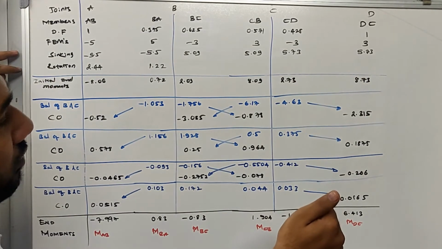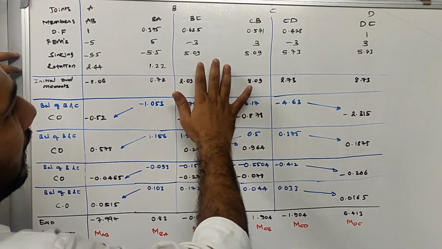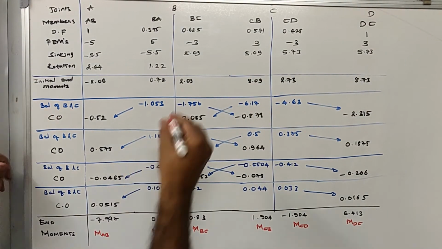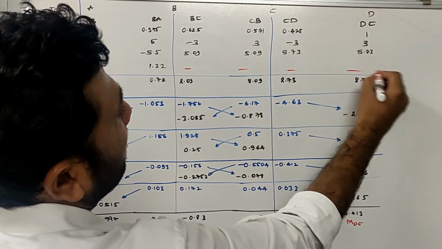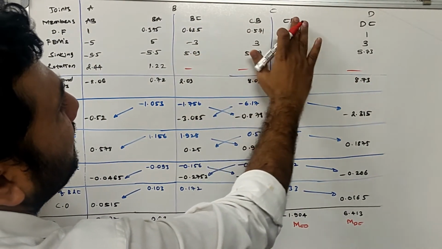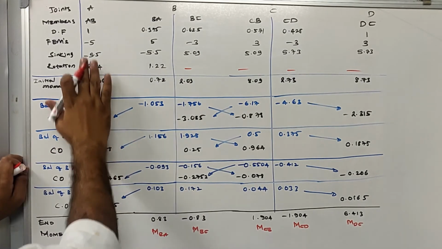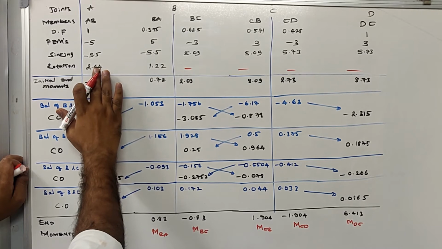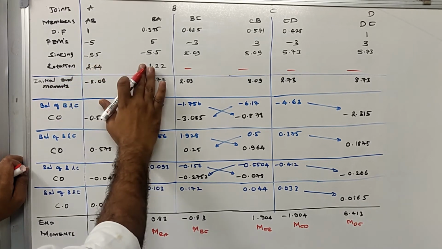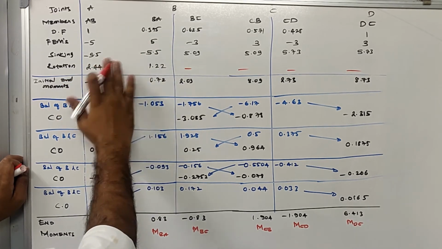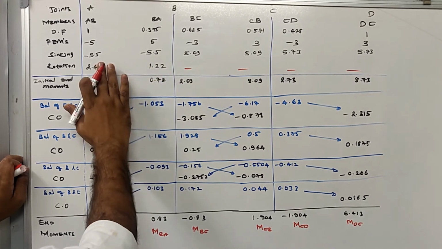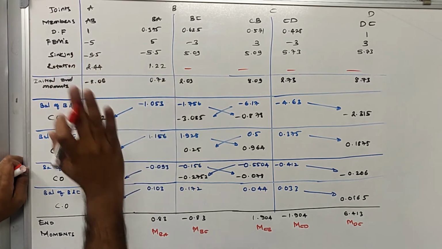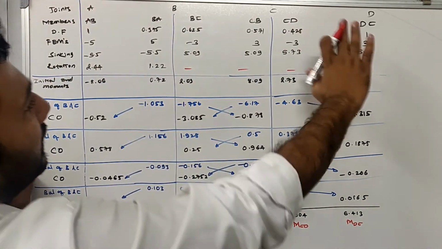Now there is no mention of rotation in any of the others, so we'll keep those blank. The moments due to rotation are blank for BC, CB, CD and DC, but we have solved the moments due to rotation for member AB, which is 2.44, representing the 4EIθ by L, and for BA half of that will be sent to this side, which is your carryover moment. So the carryover moment is half of this, which equals 1.22. Okay, so once you write all these rows,